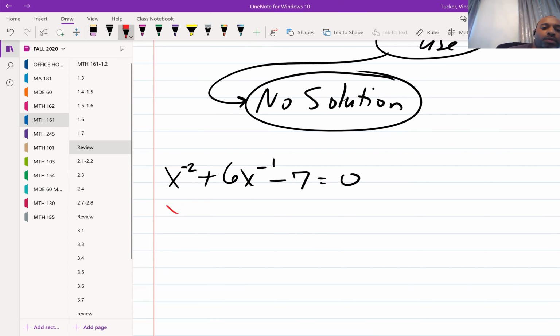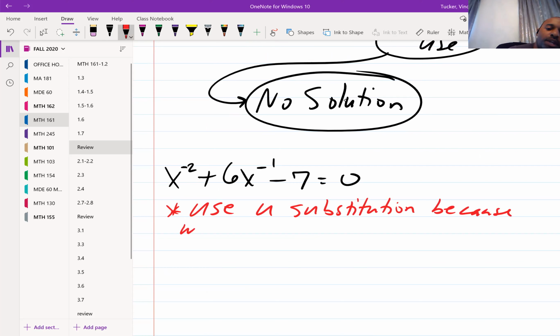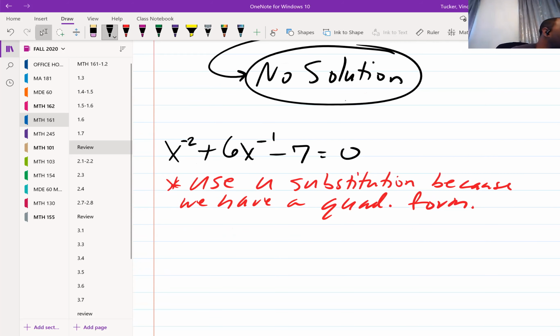And so here we would use u-substitution because we have a quadratic. I don't say situation, I'll say quadratic form. Our equation is in quadratic form. So what I mean by that,